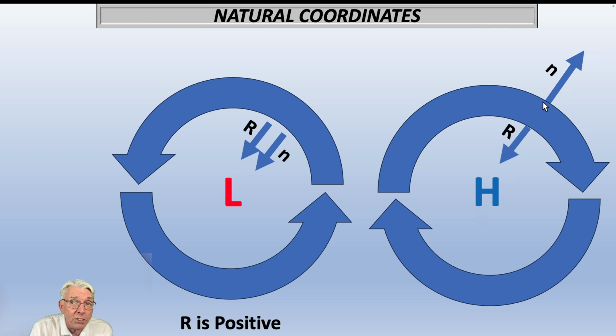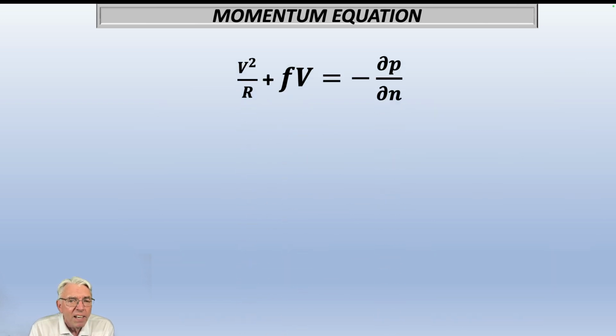So if N is positive going this way and R is opposite to that, that means that R is negative in the case of a high pressure area, okay? We'll review this again in just a bit, but for a low, R is positive, for a high, R is negative. Now, this is called the momentum equation, and it basically states that V squared over R, which is the